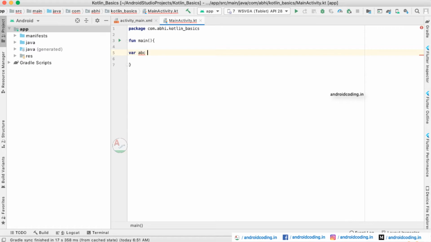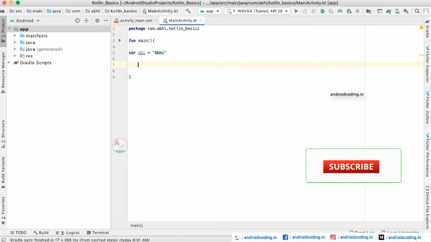I am providing ABC for example, and I provide some data for it, a B. This is the mutable way of declaring a variable. We need to provide var before our variable name so that it can be changed in future. Later on you can change the value of ABC to a completely different name.